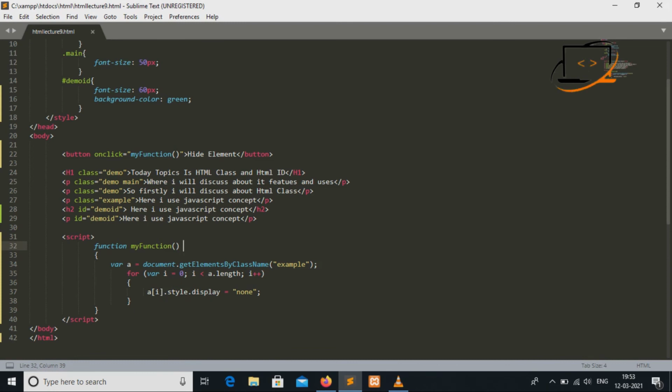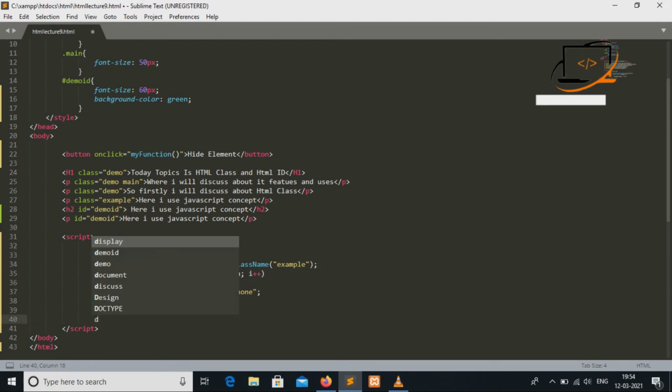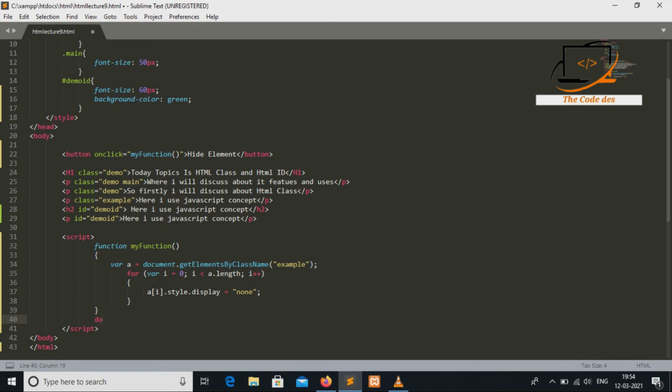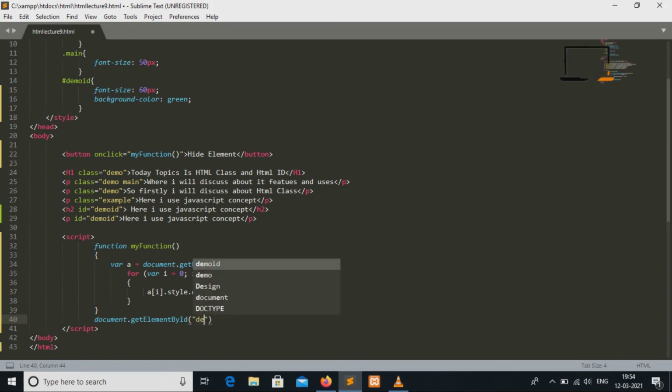So first of all the ID should already be declared: document dot getElementById. My ID name should be demoID.